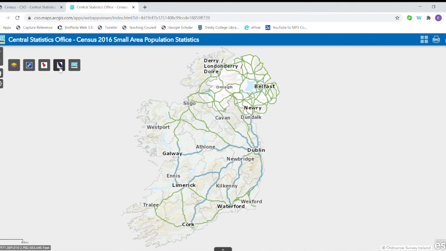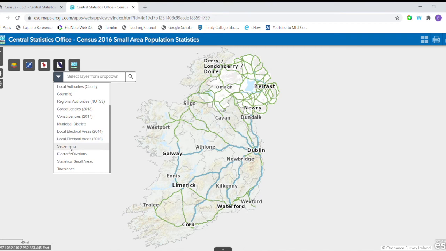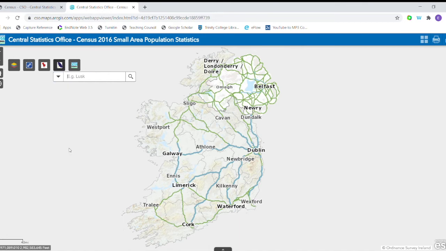Now we are going to use the Find Your Area function. In Find Your Area, before we type in a name, we're going to open the boundary box and we're going to scroll down to settlement, because that's the type of geographical area we are going to look at. Students can choose in settlement and type in the name of any area they would like to look at. We are going to search for Gorey,